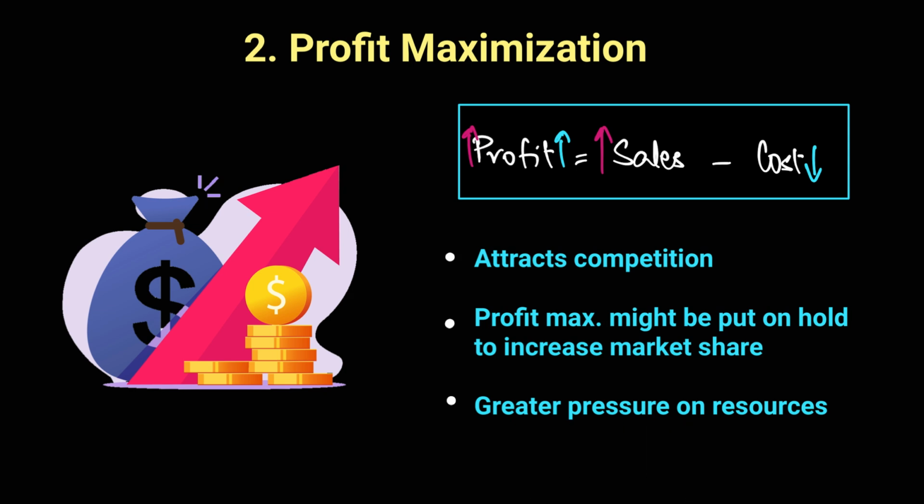Everybody will be vying for the same resources, same labor, capital, land, and your competitors are not going to make it easy for you, because if you can make a profit, they will try to get a piece of the action. And sometimes it's understandable for a business to let go of the objective of profit maximization, because sometimes you